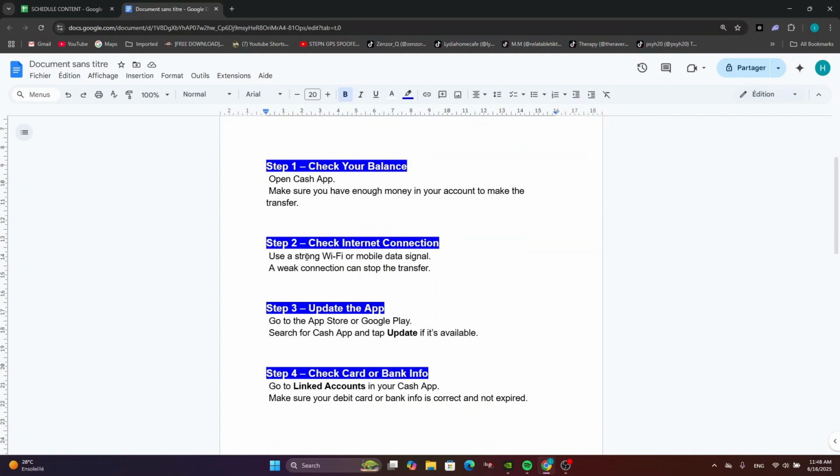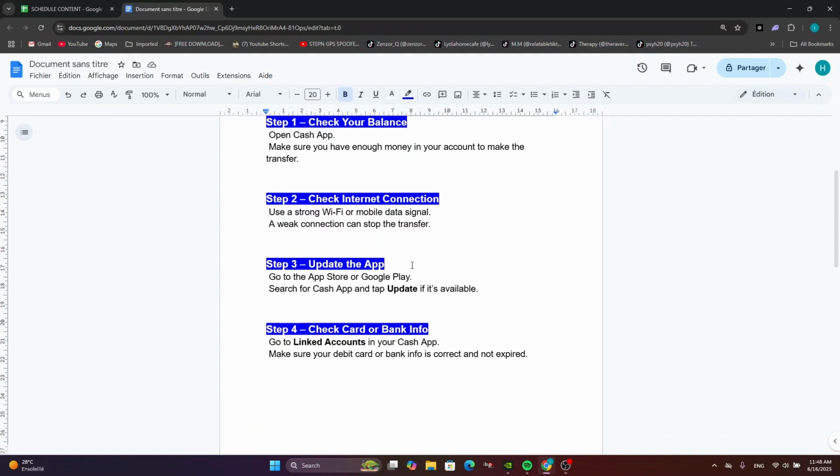So how to do that? Use a strong Wi-Fi or mobile data signal. A weak connection can stop the transfer. Now after that, update the app. So after that, go to the App Store or Google Play and search for Cash App and tap update if